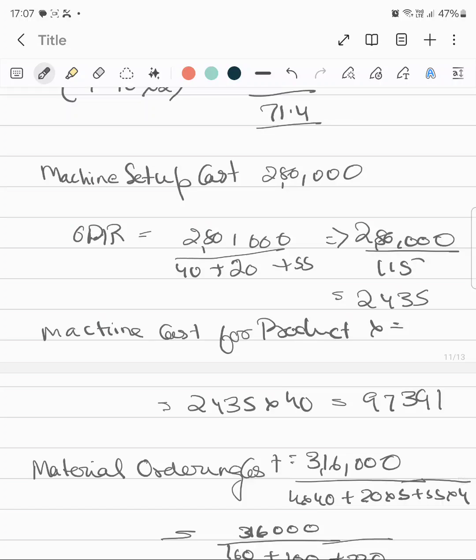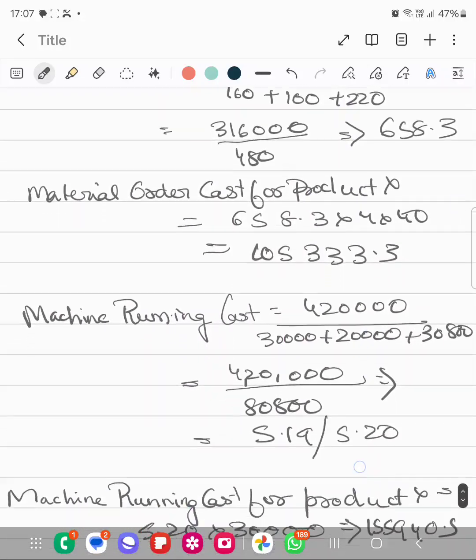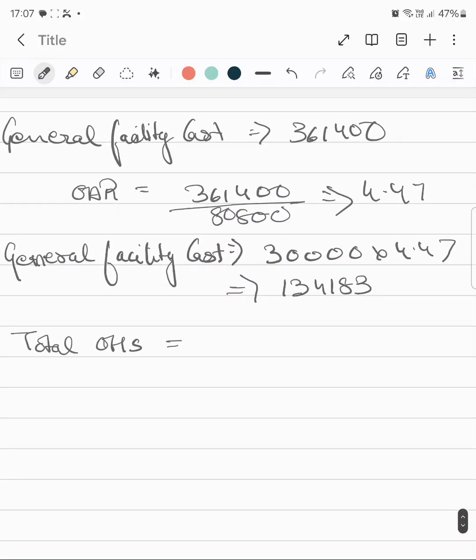Okay. So it is 492,848. Now this is the total overhead, but in case of activity based costing, what will be the